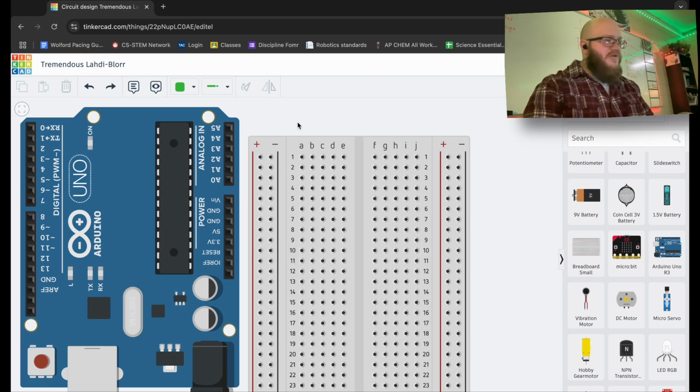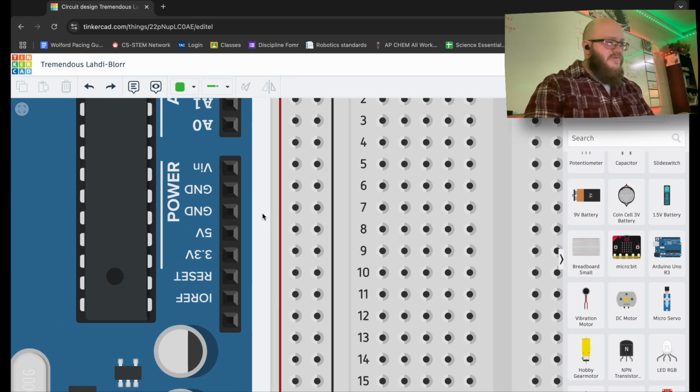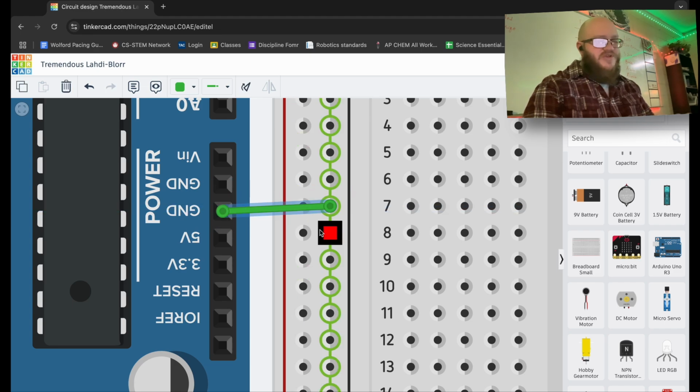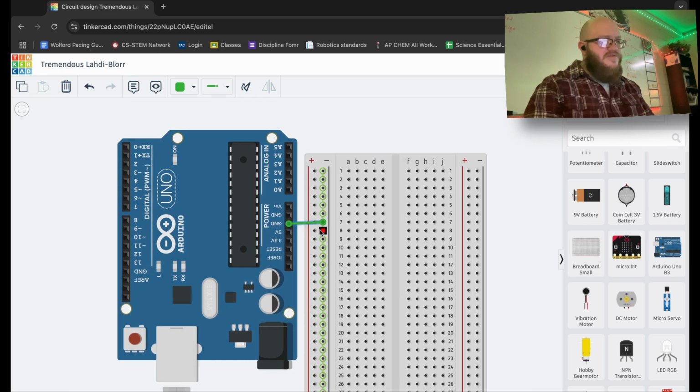Okay, so what we're going to do is we're going to set up a very simple circuit. We're going to use a 5-volt, a ground, another jumper cable, and a resistor along with an LED, and that'll be our circuit. So we are going to zoom in. I'm going to start by taking my ground and dragging. I'm going to click and then drag all the way over to my negative terminal where I'm going to press, and that will connect the